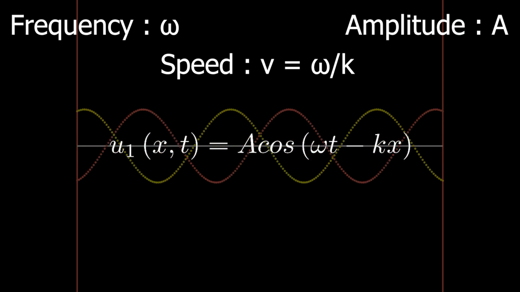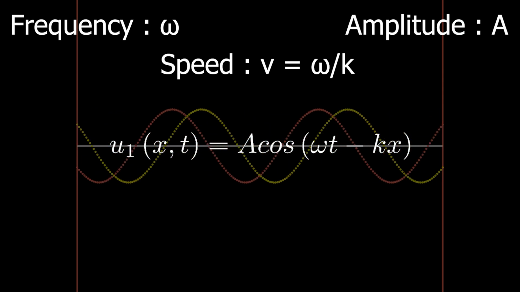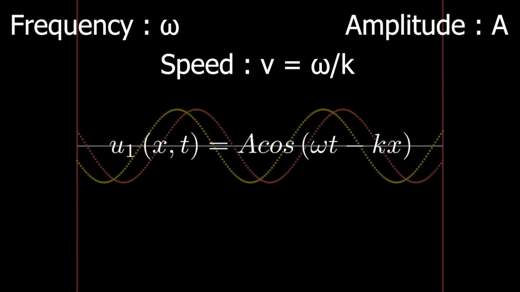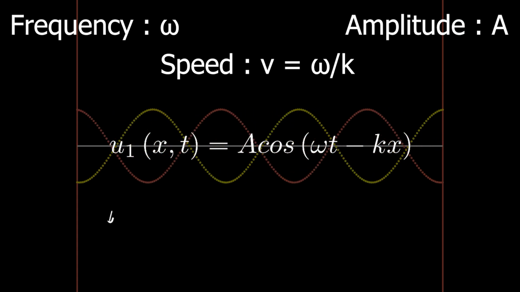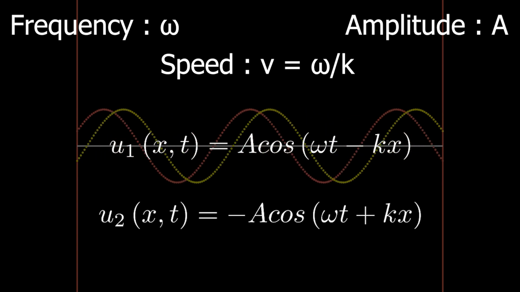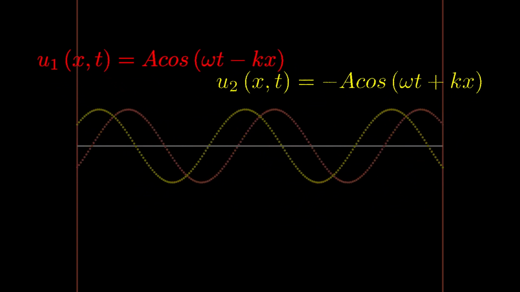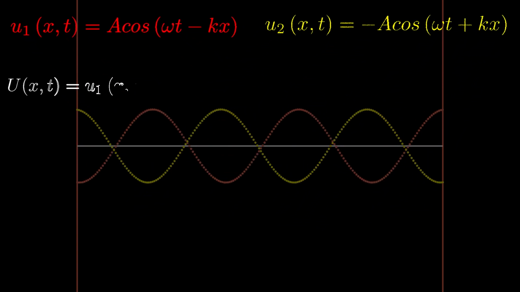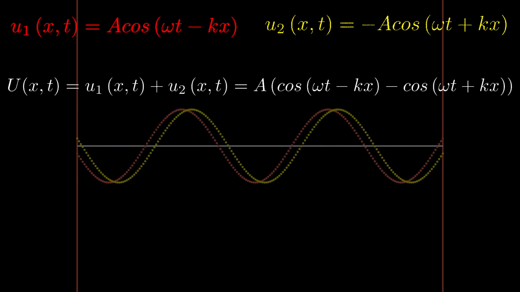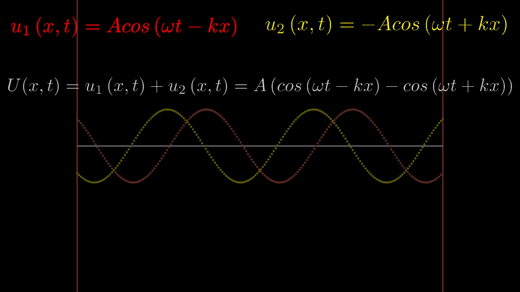This wave reflects back from the fixed point at the boundary. While reflecting, the direction of its speed and amplitude changes, and using this information, we can write the motion equation for the reflected wave. As these two waves travel in opposite directions on the same string, they interfere by their superposition. If we expand the trigonometric expressions in these equations using identities